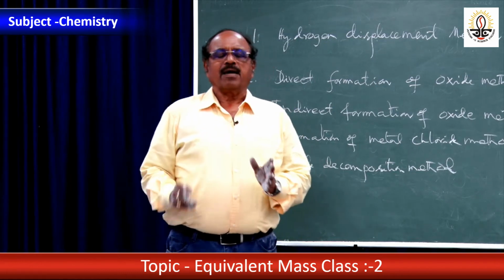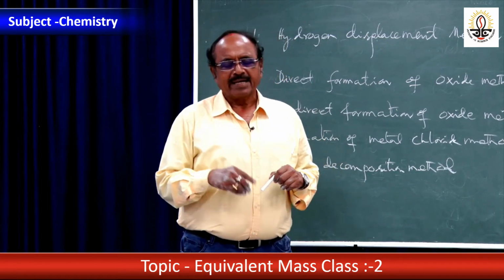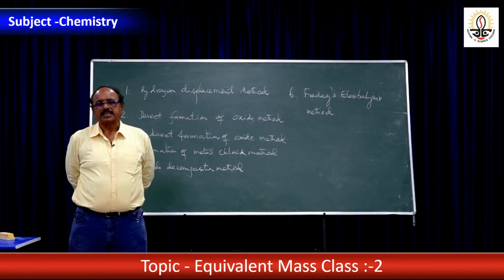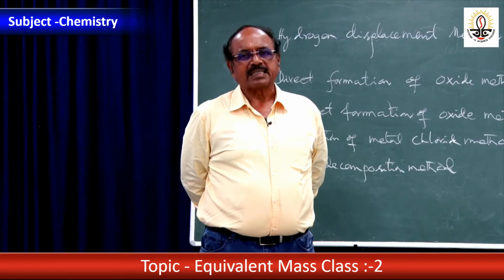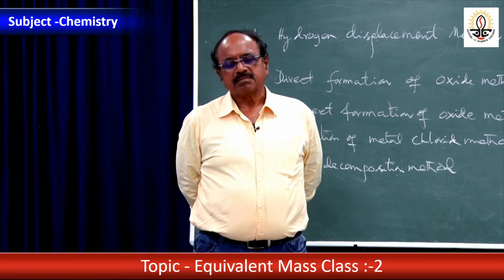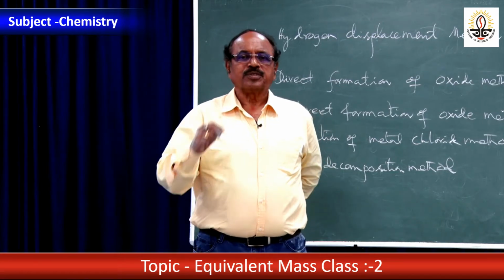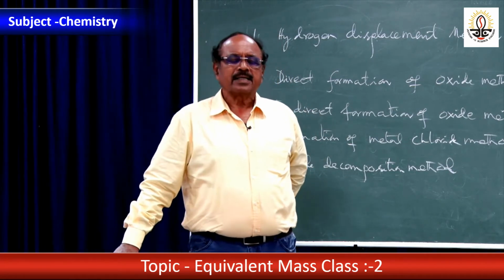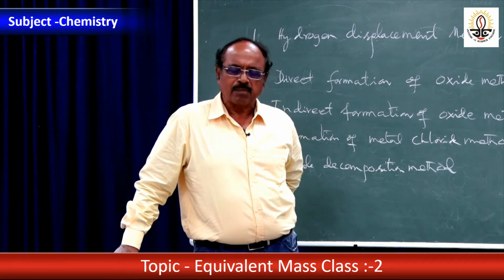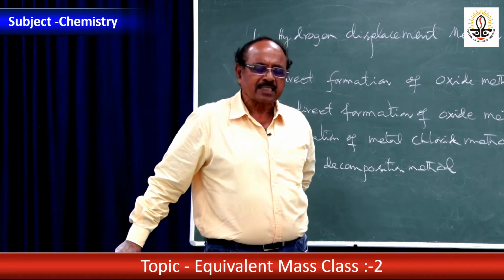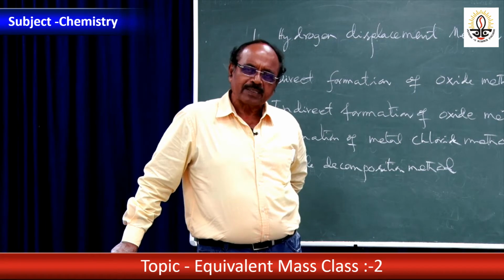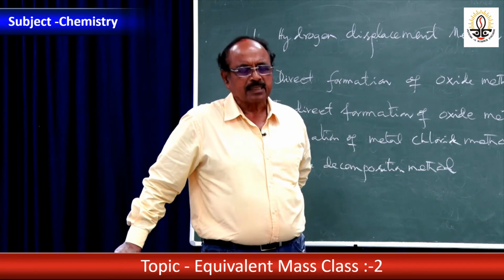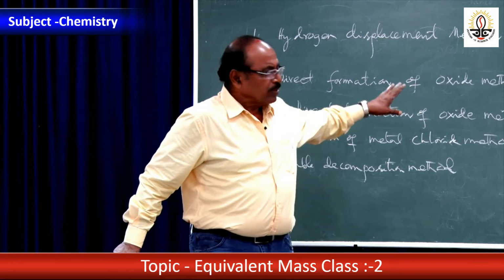Or he will say that a metal reacted with oxygen and formed an oxide which contains 40% of oxygen. The equivalent mass of the metal would be, he will give 3-4 possibilities. We have to pick which one this is. This can be very easily done only when you understand what is equivalent mass, what is molecular mass, what is atomic mass. If we understand all these things, then from the definitions we can come to a conclusion.